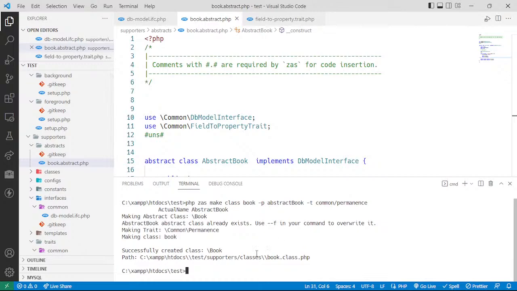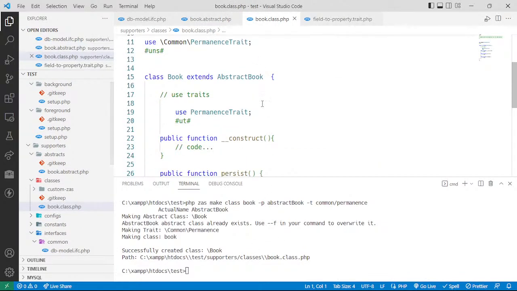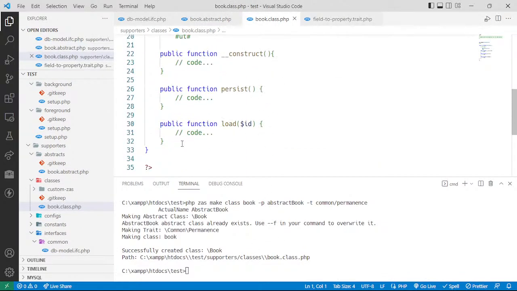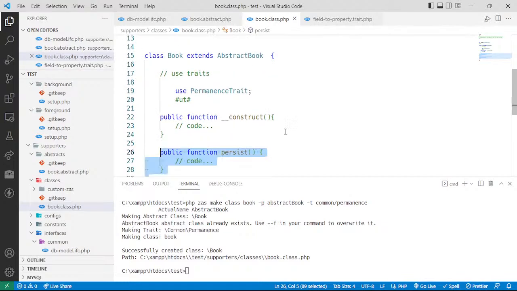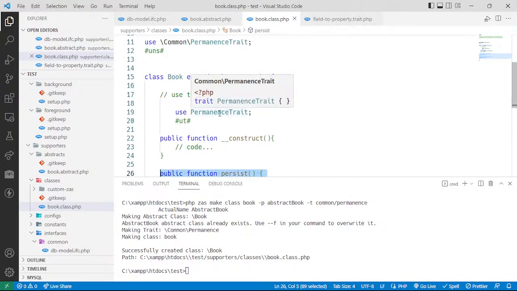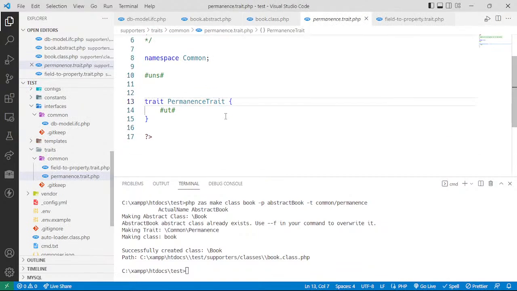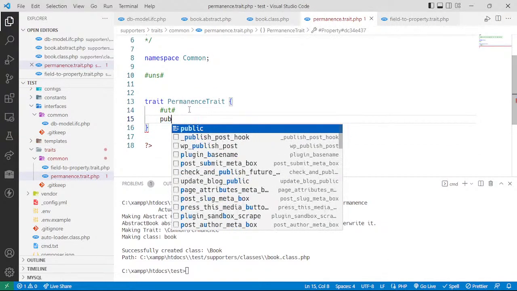Great. We have this book class that's been made. You see, it actually has these methods that it's supposed to implement, persist and load, from the abstract book class. So they are here by default, and then finally we have the permanent trait. So let's go to the permanent trait. So what do we have in there? We know we have some functions. Public